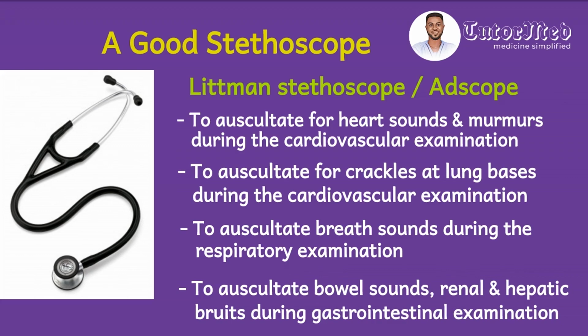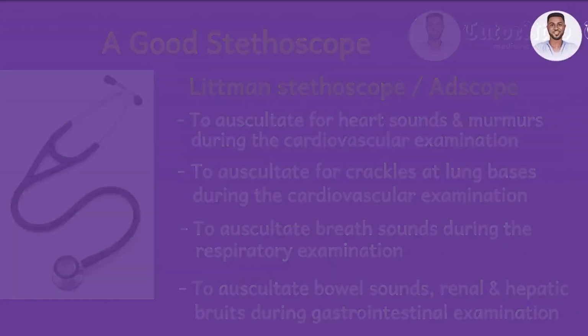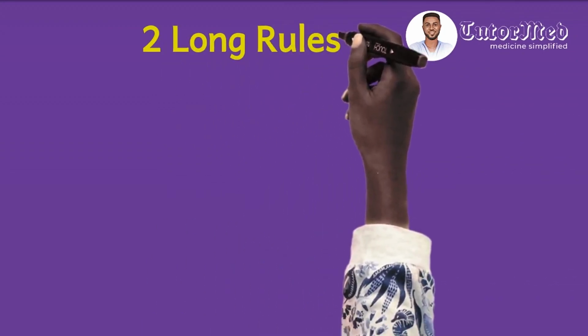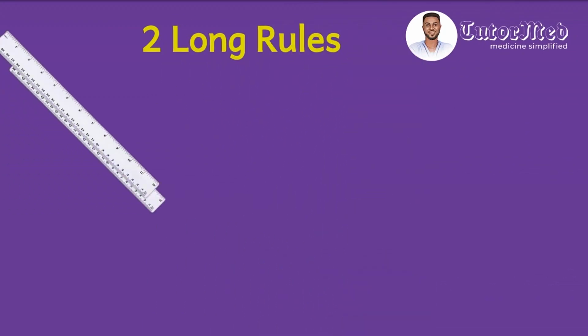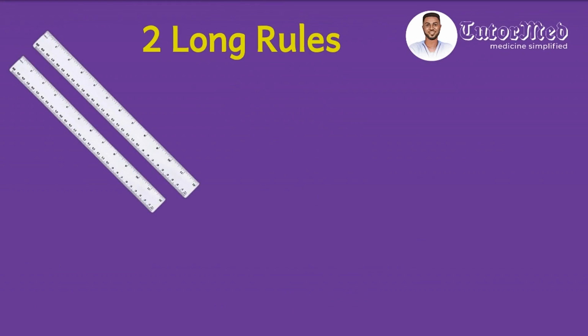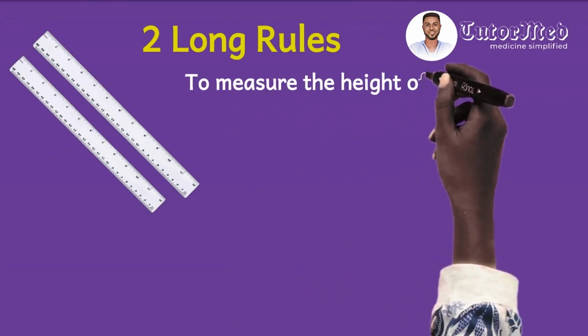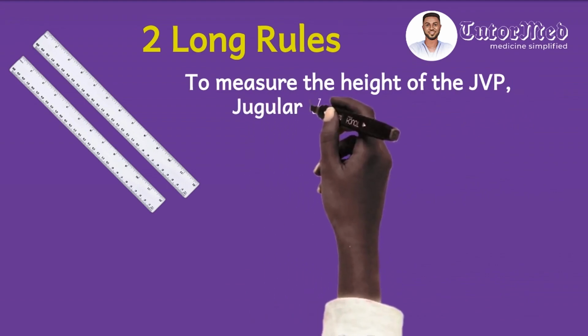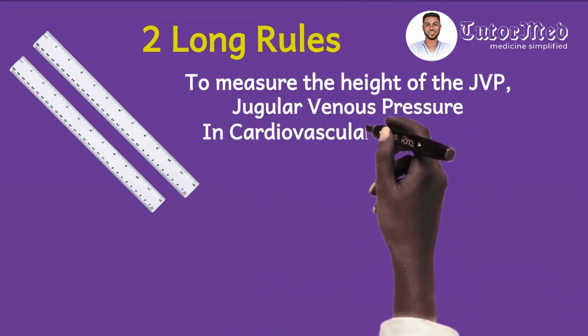And so the stethoscope is not limited to the cardiovascular examination. It is relevant in the respiratory and gastrointestinal examination stations. And so moving on to the next tool, you need two long rules, or rulers if you will. You may be wondering, what do I need a rule for in a medical exam? Well, you need a rule to measure the height of the JVP, the jugular venous pressure, in the cardiovascular exam,